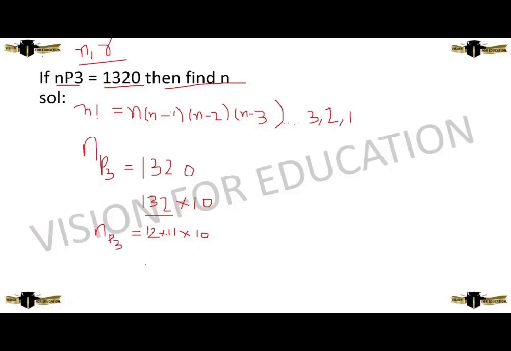Here finding out the n value is very simple. What is the r value? That is 3. So we need to get 3 digits, that is 12, 11 and 10. Here we can represent n with the highest value. n is equal to 12. An easy way to remember this is the base value. If the base value is 2, we get 2 digits. If the base value is 3, we get 3 digits. If the base value is 4, we get 4 digits. And the highest digit among all those is the n value.